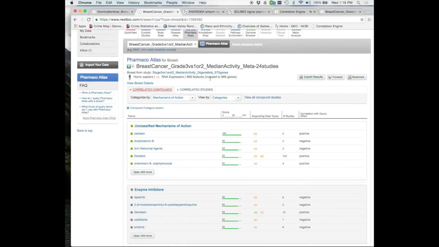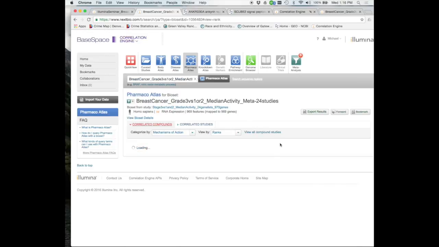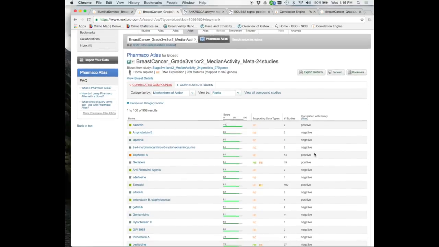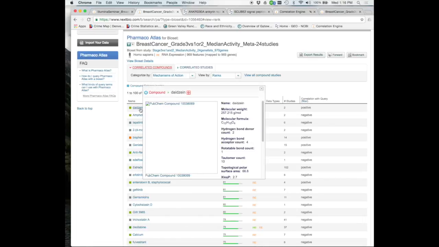Here is what this does: it's bringing up all the chemicals that it knows, all of its studies where a drug was used that has similar effects to the gene list, the directionality of the gene list that we put in, right? Let me rank them. So if we look at this top one, this chemical, daidzein,